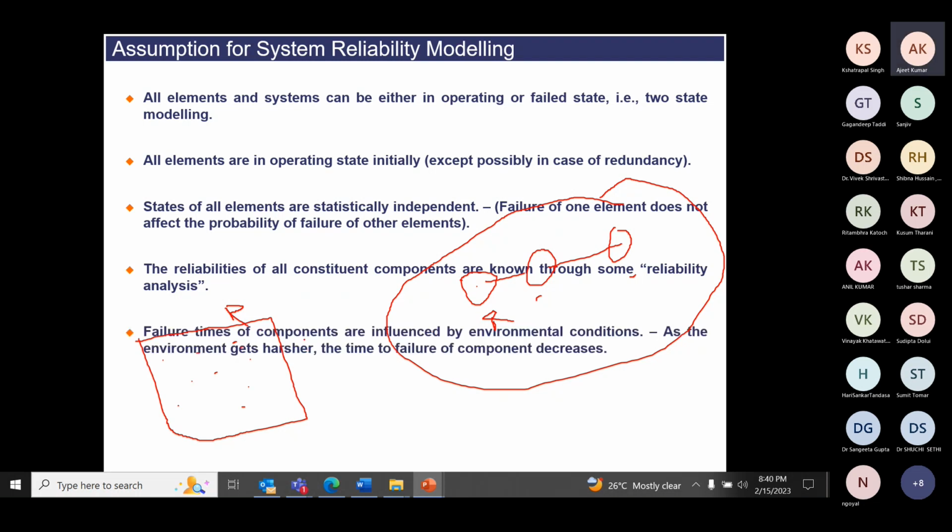Failure of components is influenced by environmental condition. Obviously, it is a very important point to understand. Let us take the simplest example: I have a fan installed at my home, and the failure rate and reliability of the fan is known. How? Because the fan has electrical components, and all of them are known to me. But if you install the same fan in a factory where the temperature is very high, or in a rail where the ground is moving and vibrating,